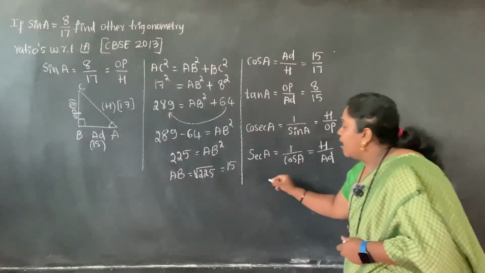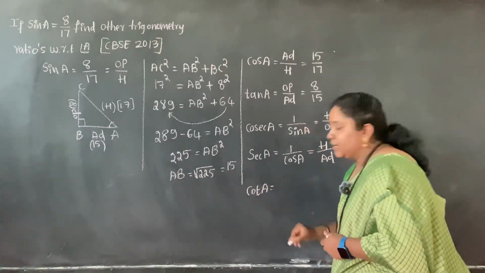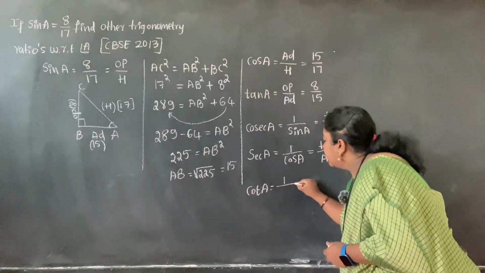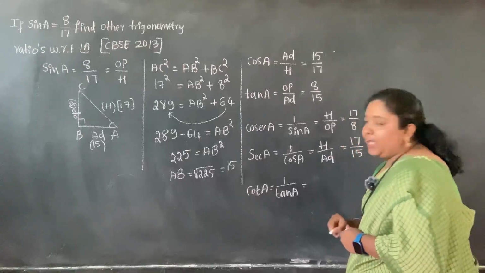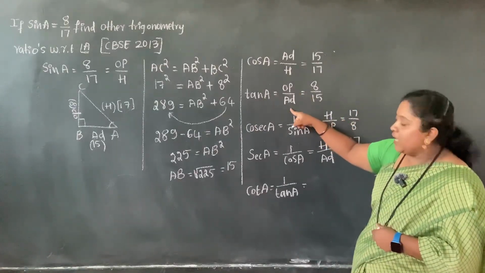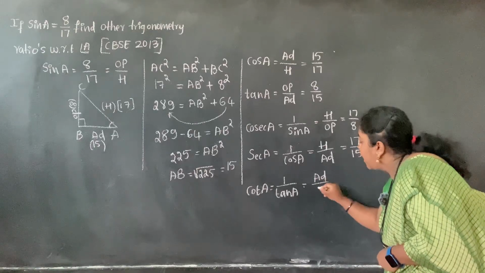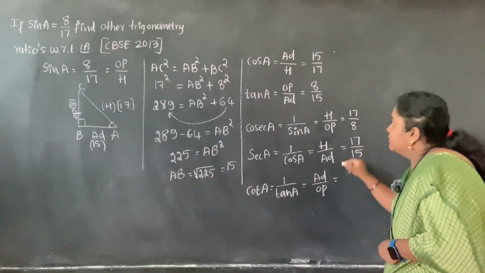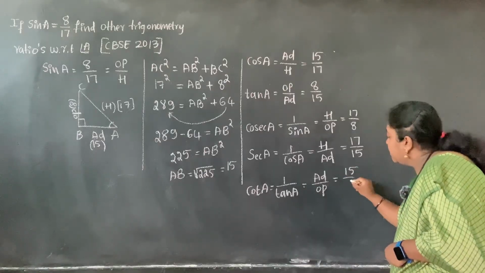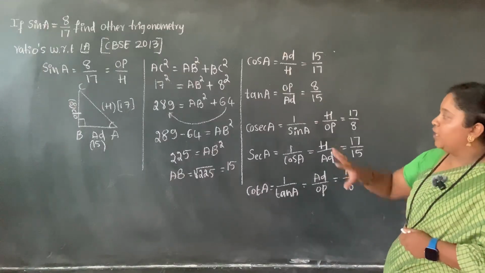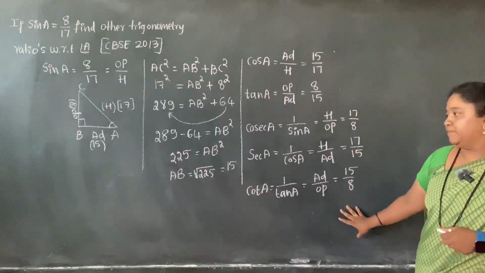Okay, the last trigonometric ratio, that is cot A, dears. I told you, cot is the reciprocal of tan A. Okay, tan, if it is opposite by adjacent, then cot will become what? Adjacent by opposite. See, if it is 8 by 15, then it will become 15 by 8. This is how we need to solve the question when it is asked of this kind. Fine.